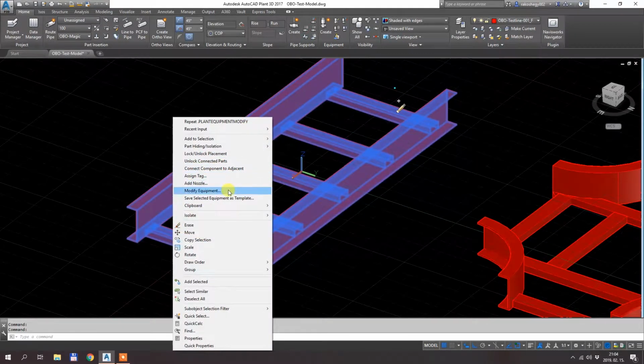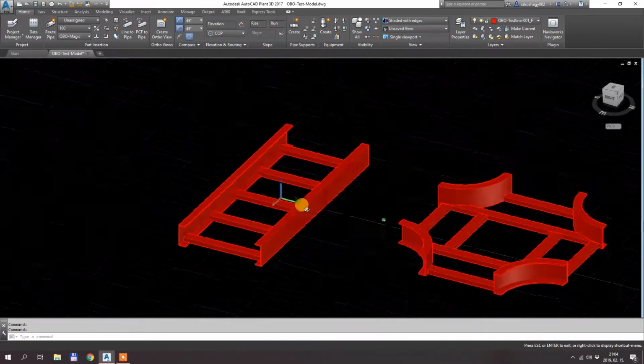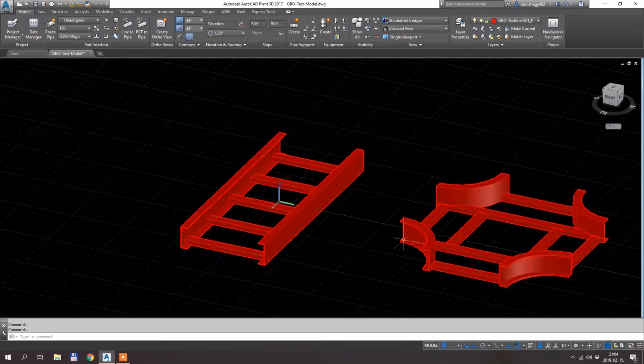So you just, here are the main parameters of this cable tray. So this is the new thing here, that B1 can be a negative value. So if I just enter -31 here, theoretically it should work. Yeah. So from now on it can be flipped,